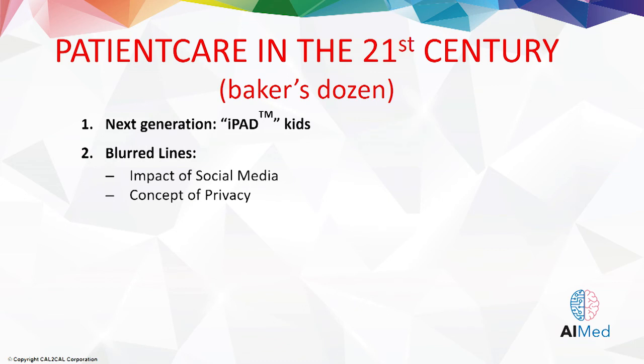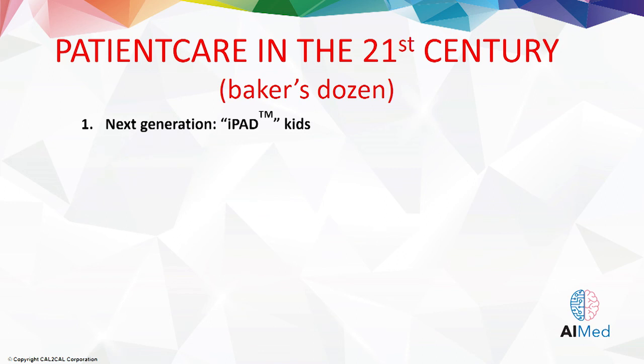And the impact of what we are seeing in terms of social media, the concept of privacy, is quite different. There is a blurring of lines. What our concept of privacy is and what the concept of the current generation is are very different. So again, we have to look at it in a different manner: how we deliver service, what is secure, what is not secure, what is private, what is not private.